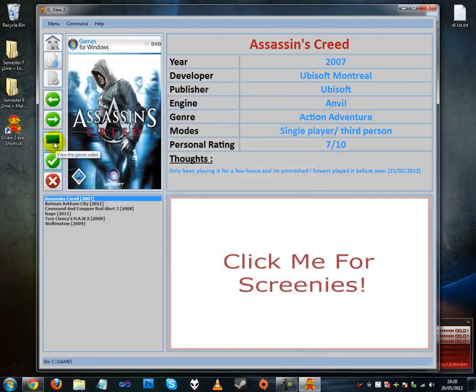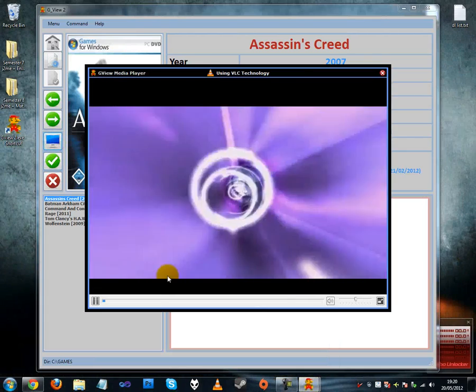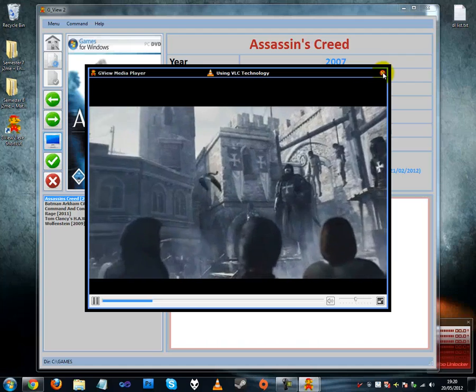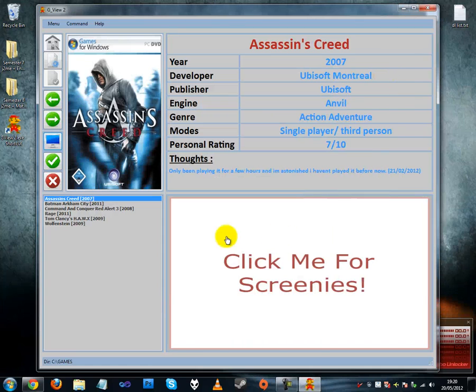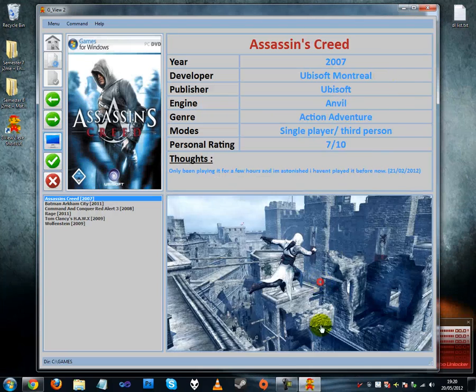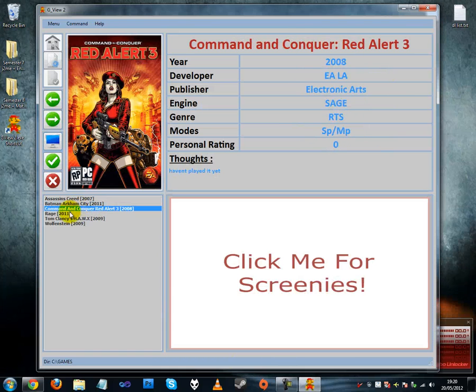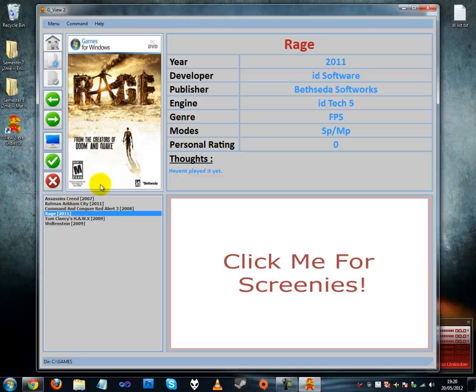Now this button here will play the video for the current game, and clicking this will go through the screenshots, and the same for all the other games that are fully set up. Now like I said, the last 2, Tom Clancy's HAWX and Wolfenstein, have not been set up with Game